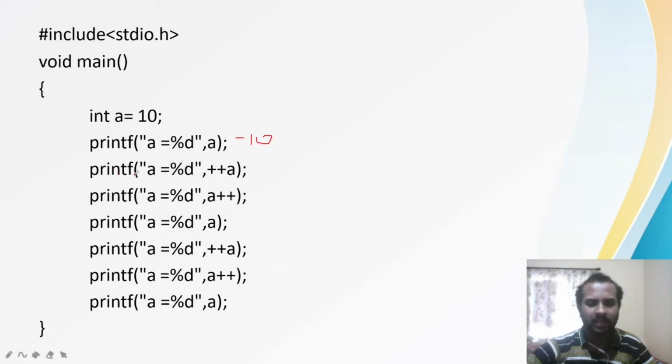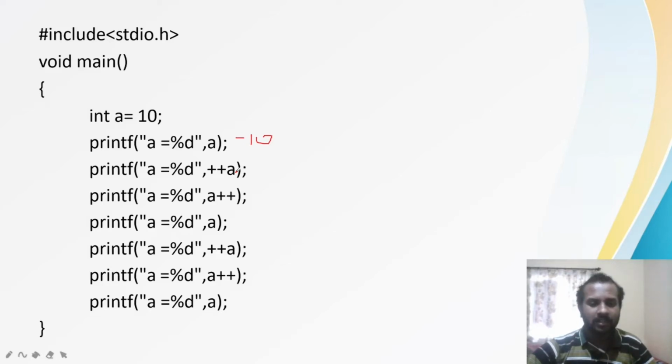Again, printf a is equal to %d, that means you are going to print an integer value. And what you are going to print is ++a, which is the increment operator because you have the plus symbols. But here this is a prefix operator, that means you have the operator before the operand.